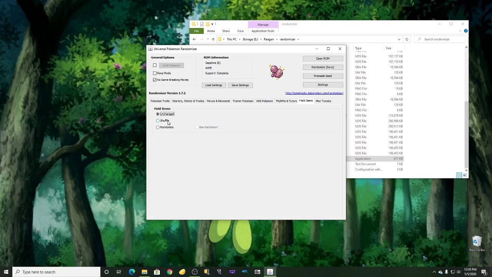Field items, you can do shuffle or randomize, like before. You can ban bad items. And you can make it so that way in Ruby and Sapphire and Emerald you can use the running shoes indoors. And in Leaf Green and Fire Red you can make it so you use the running shoes indoors. You can give the national dex at start, which is really only useful for Fire Red and Leaf Green,